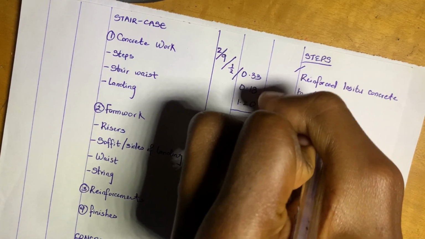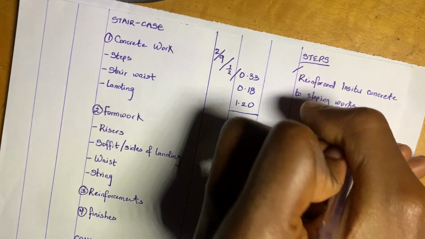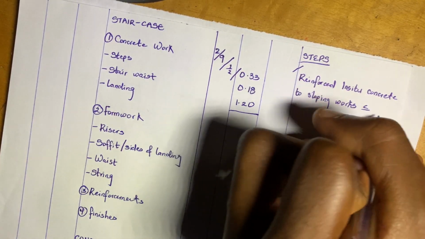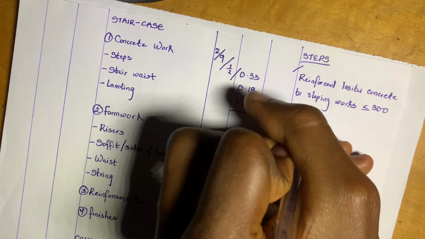Sloping works. Less than or equal to what? 300 mm thick